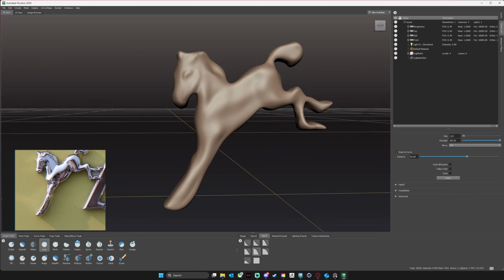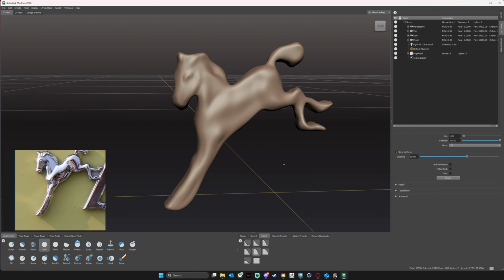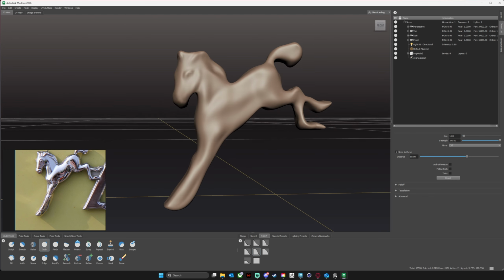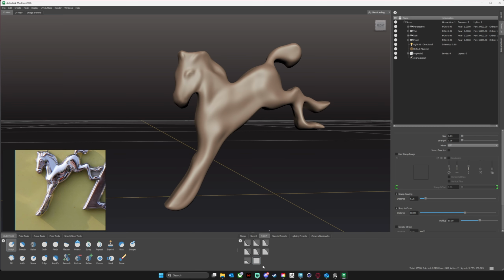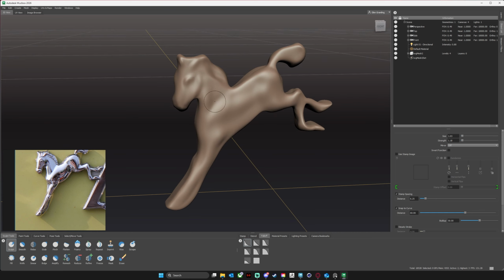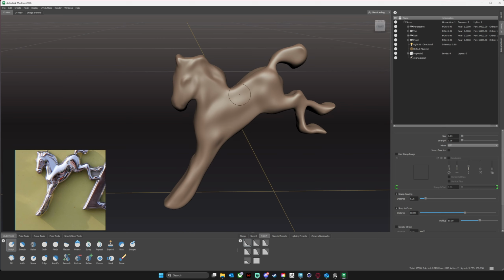Now, before I show you the time lapse, I want to show you a few of the other tools that I use. But like I said, mostly I just use Sculpt, and I switch the fall offs. So I mainly use this square fall off, and I will use this sharp fall off as well to create creases. With this sharp fall off, we're going to get something like that. But again, I can hold down Control, and I can get a crease built in. So something like that. If I want to emphasize that crease around the neck or under the jawline, I can use this sharp fall off,